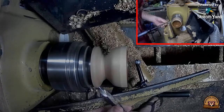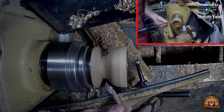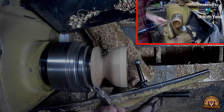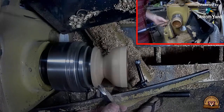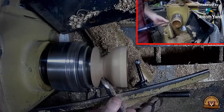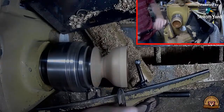Are you going to leave a little piece sticking out of the cap part to simulate where it hangs off the tree? Yeah, I was going to try to, but I'm not sure how much space I'll have to do that here. I didn't know if you could use a parting tool to narrow that down a little bit. Yeah, I might just make this the...